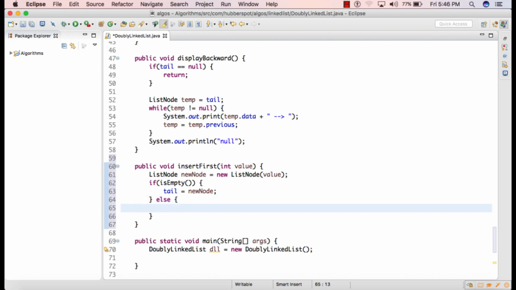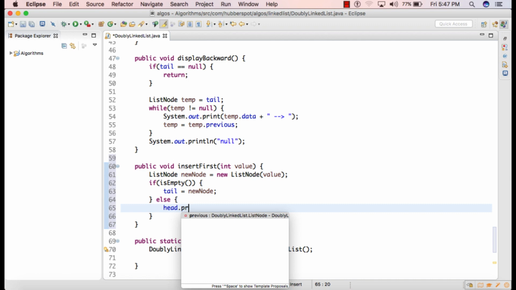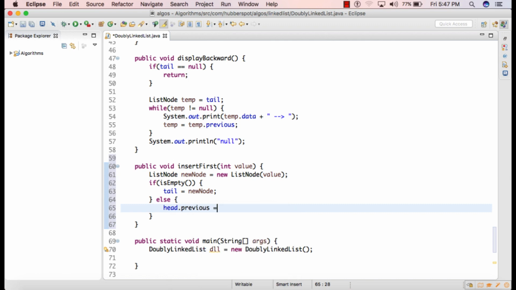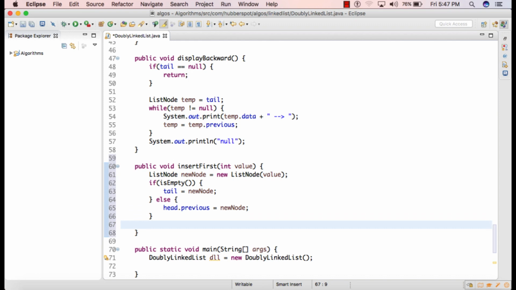and in the else part, if suppose the list is not empty, then we'll assign the new node's value to head's previous. So head.previous, and then we'll simply point the new node's next pointer to head.